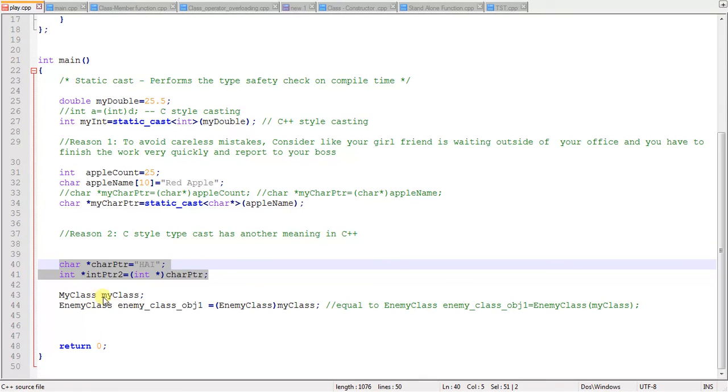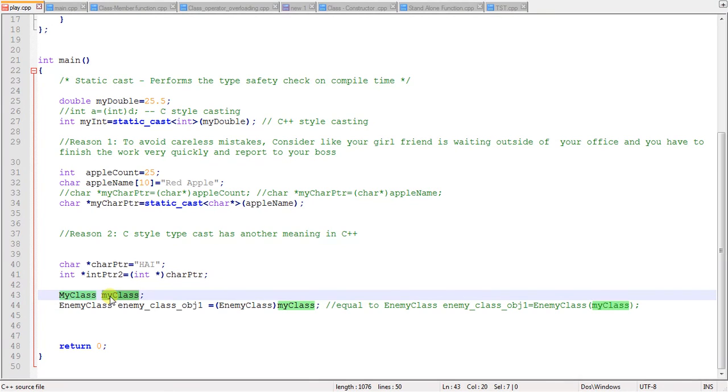Here I have declared a myClass object of class myClass, and I am trying to typecast myClass into the enemy class. So this is what a programmer is trying to do. No, it is not the intention of the programmer to typecast myClass into the enemy class. The semantic over here is different.